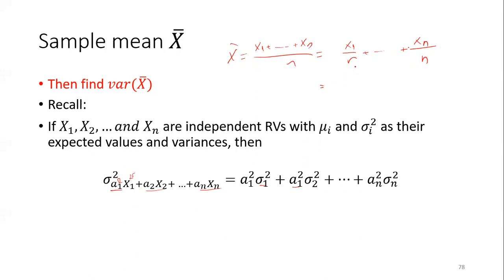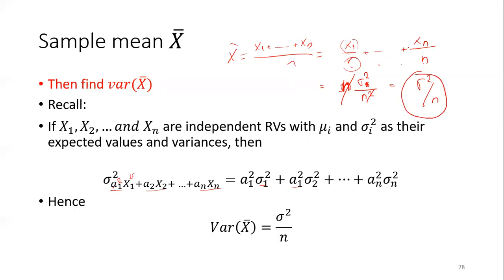So this is equal to all of the variances are the same, which is sigma square. So this is equal to sigma square, not one, sigma square divided by, you should take the square of this, n square. How many of them do you have? You have n of them, okay? So these cancel, and this is equal to sigma squared divided by n, right? So the variance of x bar is equal to sigma squared divided by n, right? So what does it mean?